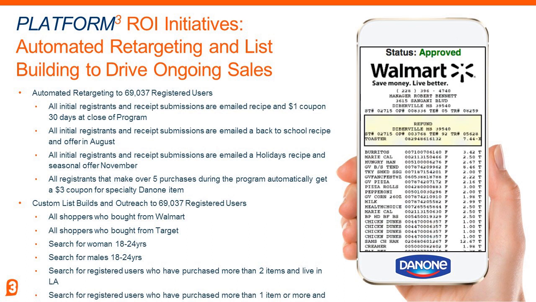retarget these consumers. So for example, we could give shoppers who purchase 2 or more products a coupon offer, buy 2, get the 3rd one free. If the consumer bought only 1 product, we could say, hey, here's 50 cents off your next purchase. We could do product recommendations based on what they had purchased, purchase reminders. It can be based on complementary products. It could be based on competitors' products. It could be based on purchase reminders. The key thing here is flexibility.